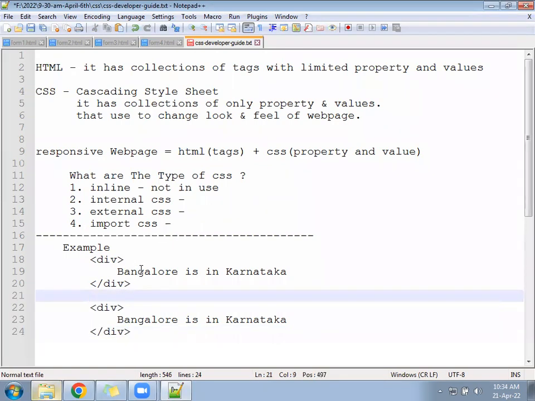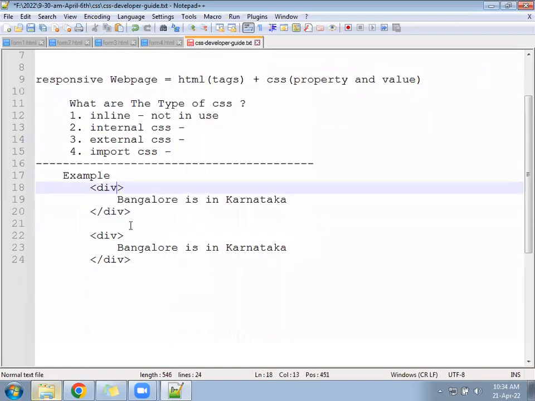Okay, written. Now come. Division is the tag name, align is the property, whereas center is the value. Division is the tag name, align is the property, center is the value. Similar way,